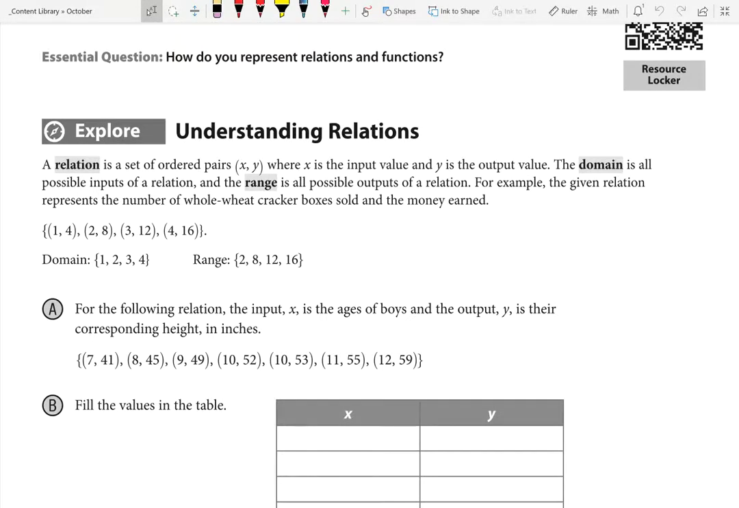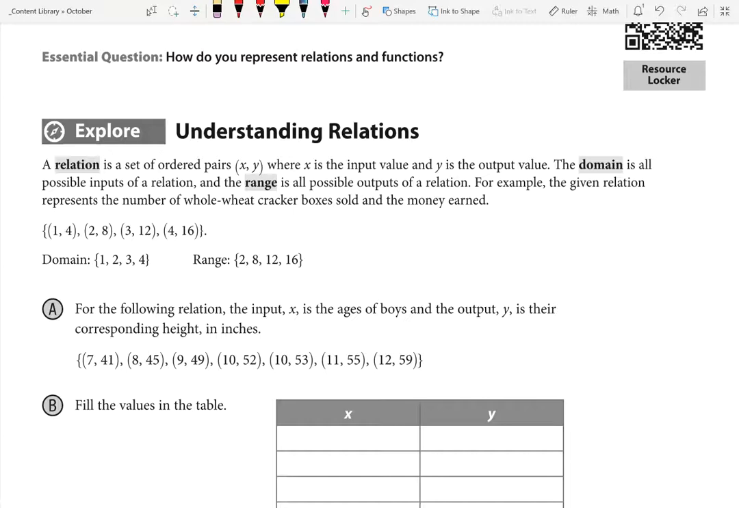A relation is a set of ordered pairs (x, y), where x is the input value and y is the output value. The domain is all possible inputs of a relation. The range is all possible outputs of a relation. For example, the given relation represents the number of whole wheat cracker boxes sold and the money earned. So, for instance, one cracker box was sold, $4 was earned. 2 cracker boxes were sold, $8 was earned. 3 boxes are sold, $12 are earned, and 4 boxes are sold and